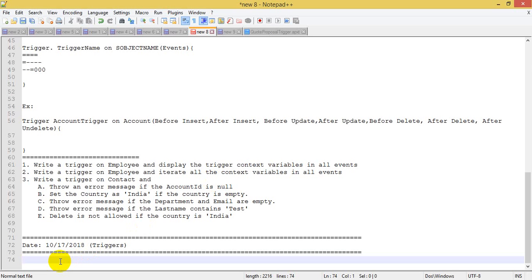Let's see today the trigger parts. We are going to explain how to validate some details and how to compare the values. Okay, the first one,